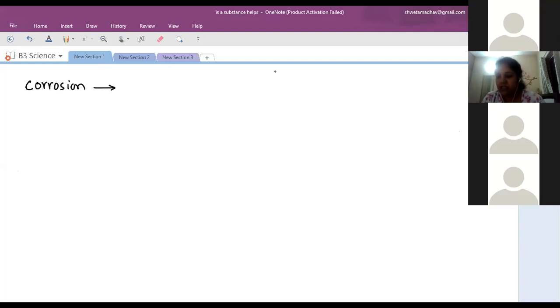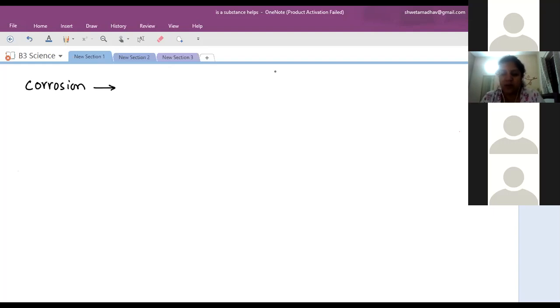So when these gases easily combine with some of the reactive metals, they convert them into useless forms, into some compounds. We prepare a material, a tool, a machine, an object. We need the metal there, but slowly that metal gets converted into its compound form. Will the properties of the metal and that metal compound remain the same? No, ma'am. It will completely change. So therefore that substance now becomes useless.